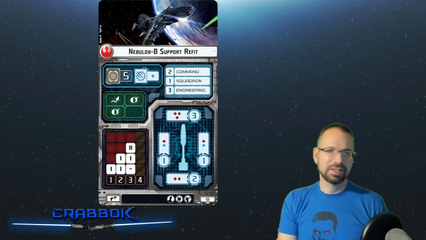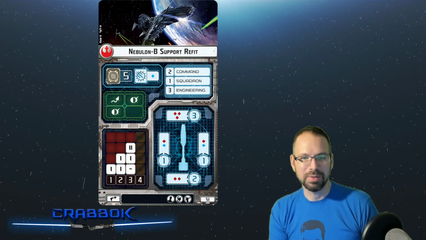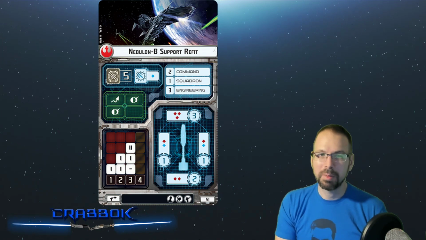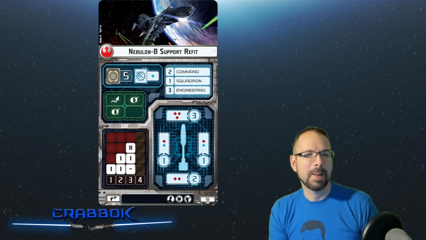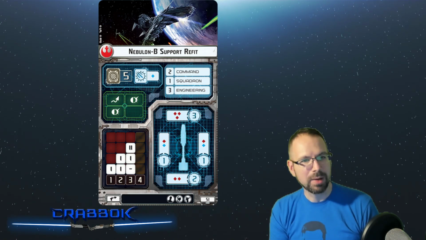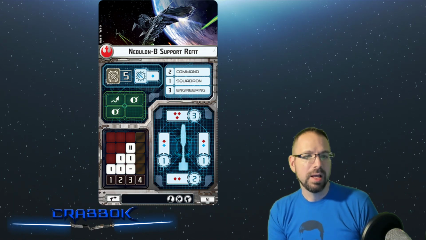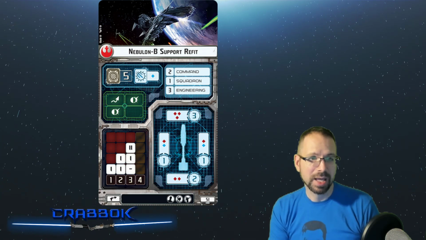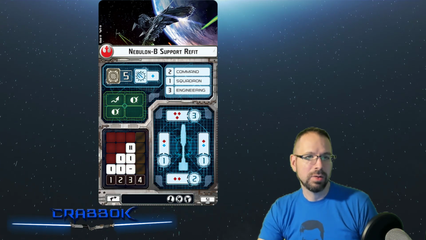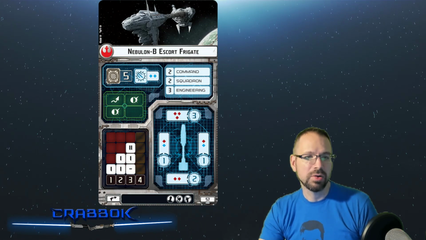I wouldn't mind seeing a title or some kind of functionality one day that really enhances the rear of the Nebulon. I mean, you have the spinal armament, which can also enhance the rear, but that's just a weird thing about it. It's got a fairly decent bit of maneuverability on there. It doesn't have a whole lot of upgrades that it can take, so I guess that's one of the things that makes this title good. But if you look at your other version, your escort frigate, really the only thing you're